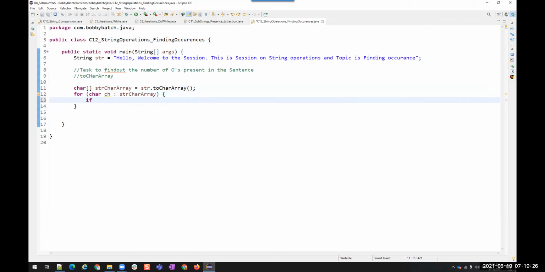Now I'll apply some condition. If ch, this is a character, not a string, ch double equals to what character we want?